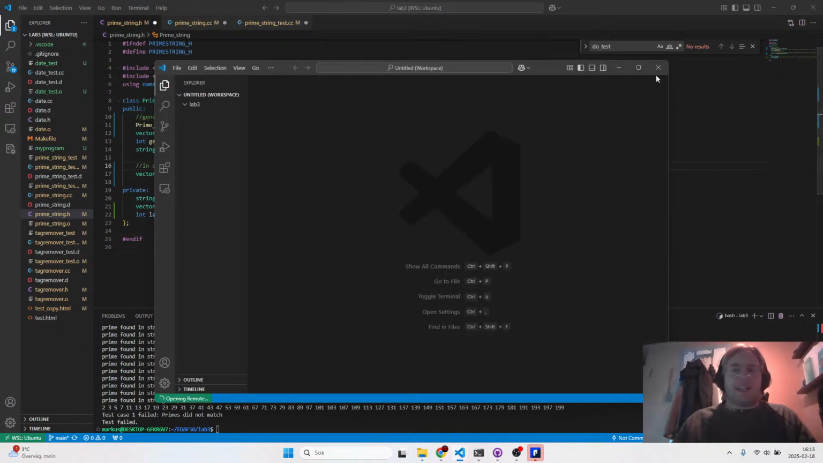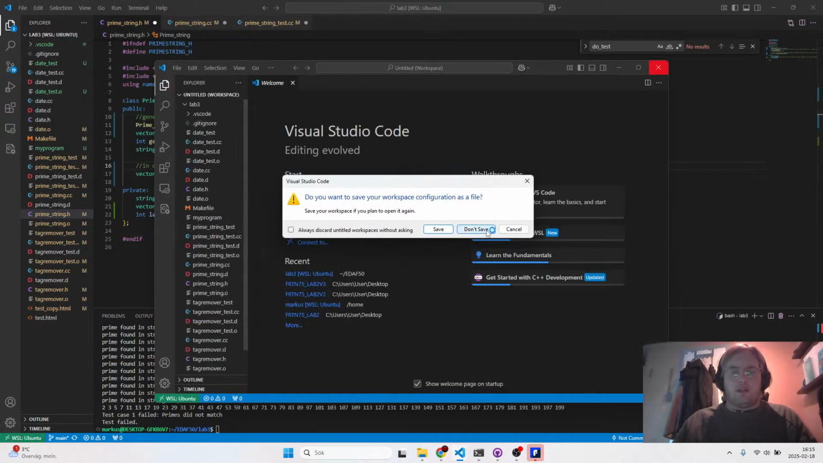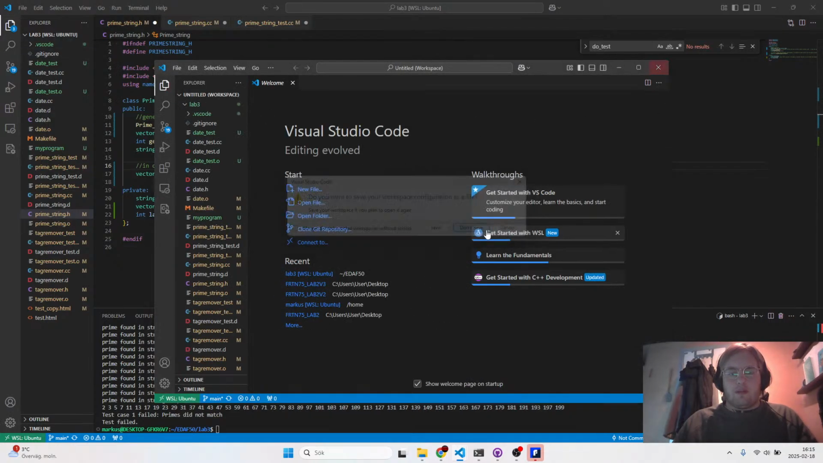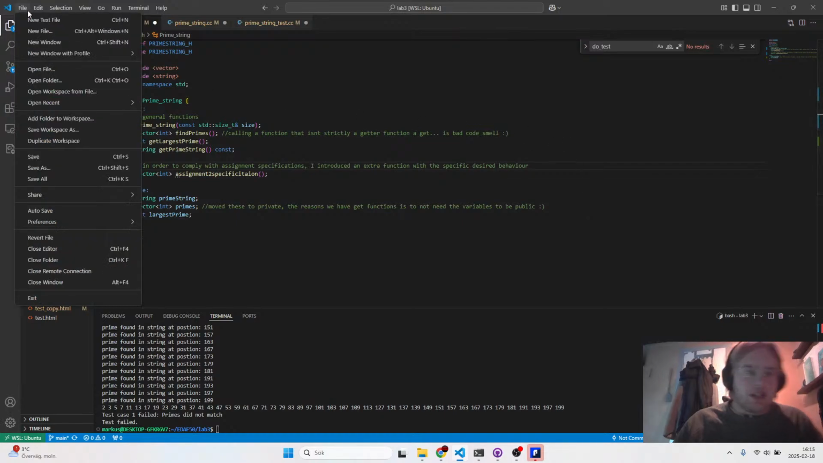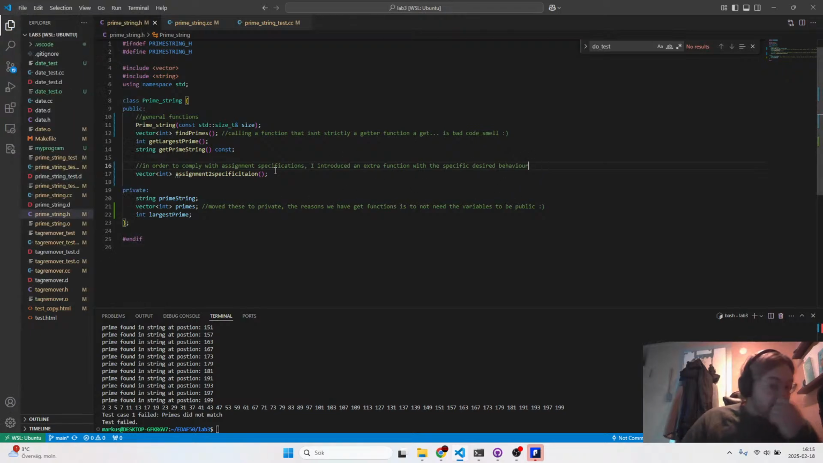I think that's, oops. What did I do? I think I opened a new workspace or something, which is not what I wanted. Right. Introduced an extra function with the specific desired behavior to handle